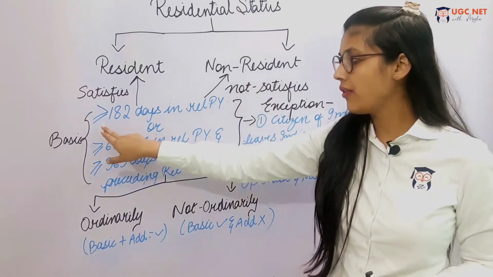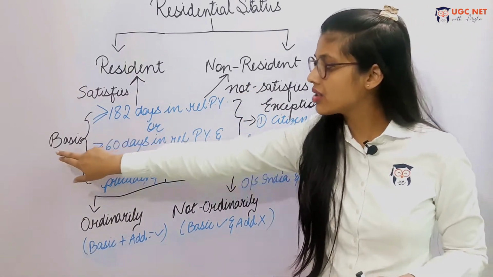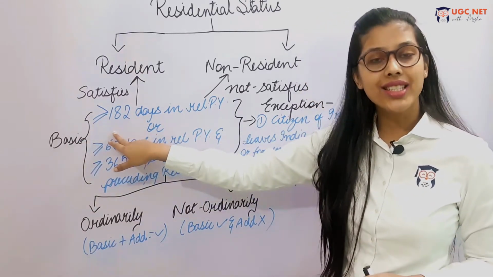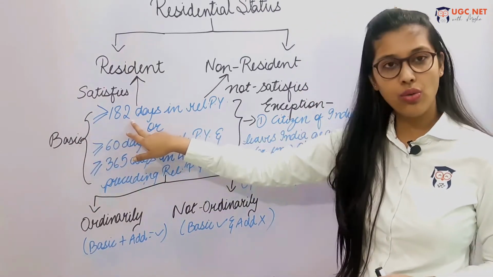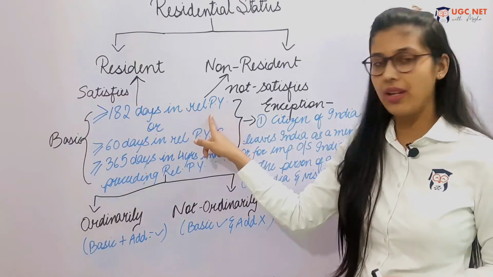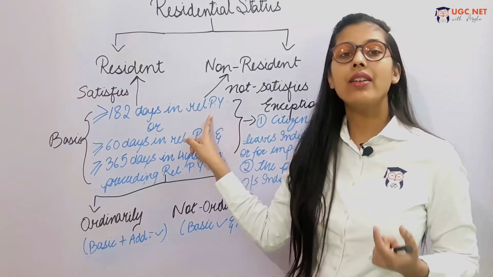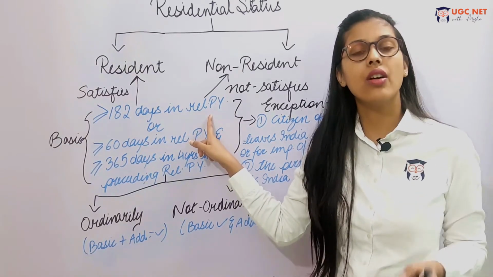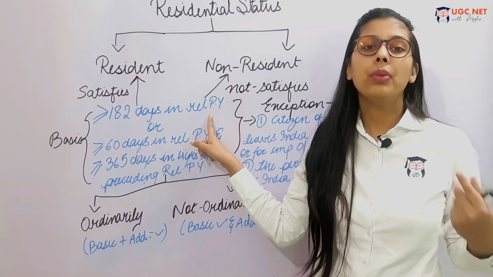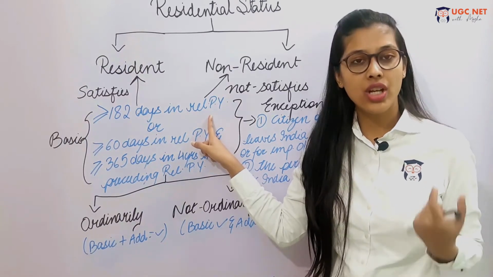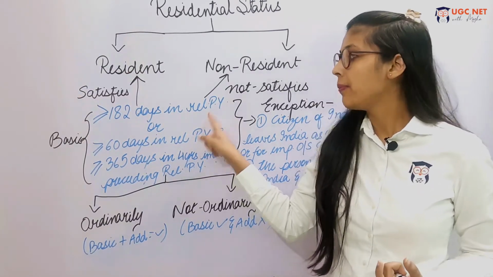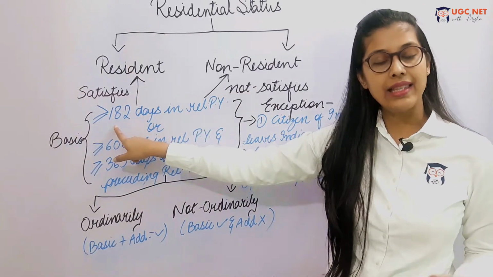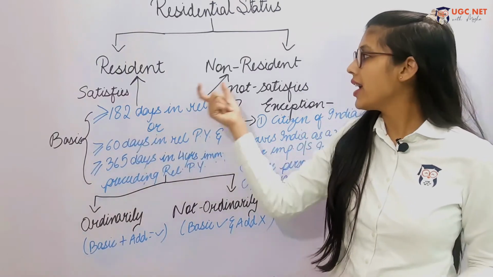The conditions given here are also known as basic conditions. The first condition is if he had stayed in India for more than or equal to 182 days in the relevant previous year. Now what do we mean by relevant previous year? The relevant previous year simply means the previous year in question, that means the previous year for which you are to check the residential status. So if he had stayed for more than or equal to 182 days, then he would be considered as resident,